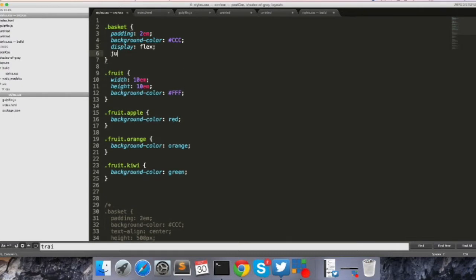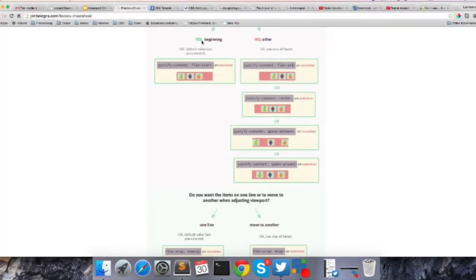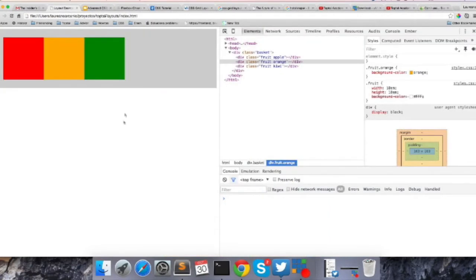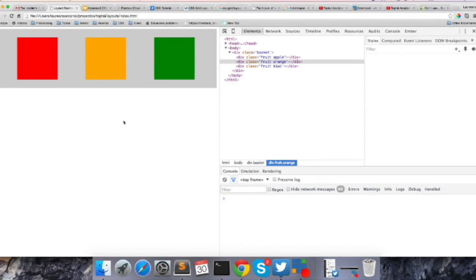To solve the second exercise, we can use justify-content. It's not quite the same. This is more similar to what we did with the inline. You see that it's not keeping the same space here, but we have another property. This is the complex part of Flexbox. You have to learn about 10 new properties and about